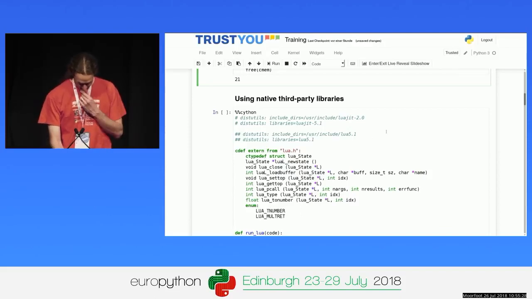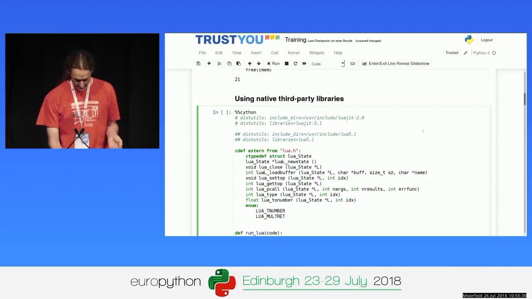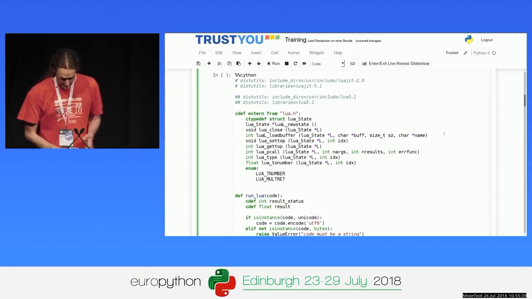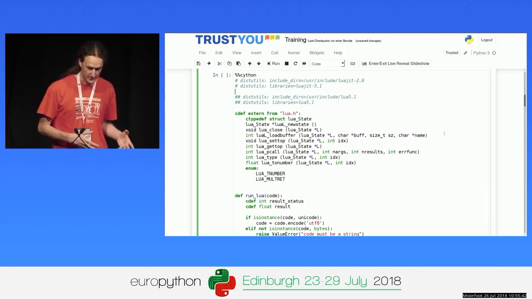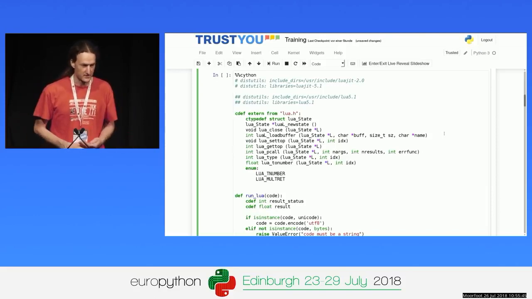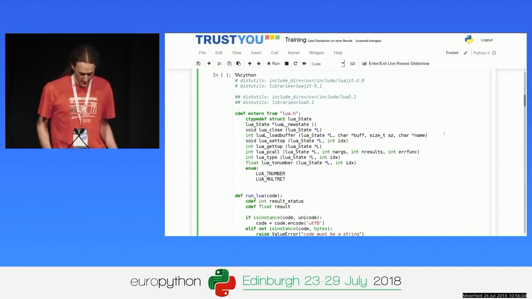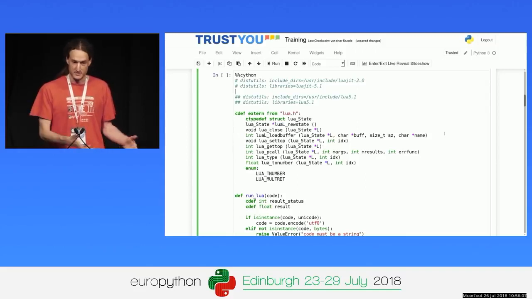Okay, quick example for calling external code. You've seen the libc sine function that I called. Here's an example for calling an external library that is not just there like libc, but really an external library. This is Lua. Who knows what Lua is? Who's used it before? Okay, cool. So Lua is really a small language, right? It's a language that people use for embedding, commonly in C++ projects. But you can obviously also embed it in CPython. Why not, right? So here's a little embedding of Lua in Python.